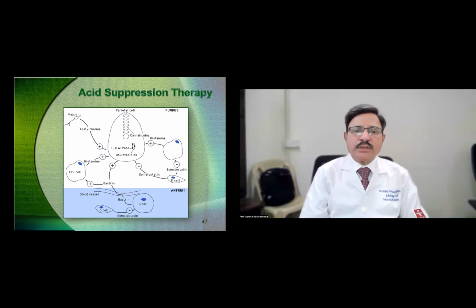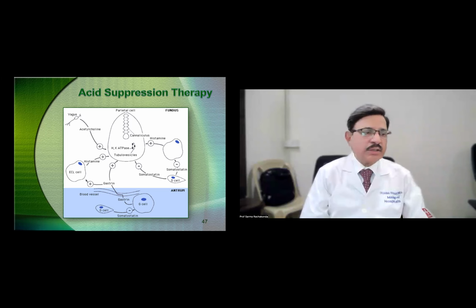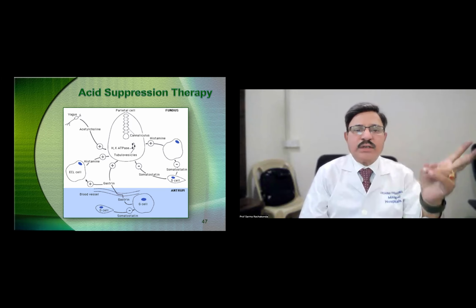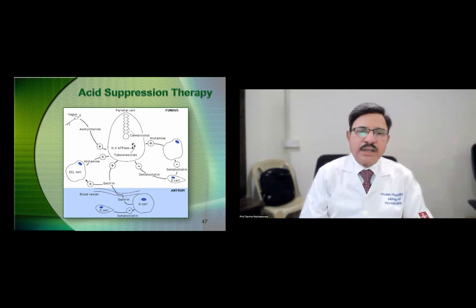There is another way that the acid is secreted. The stomach has the G cells. The G cells are the gastrin secreting cells. The gastrin secreting cells empty their gastrin into the blood vessel. Through the blood vessel, the gastrin reaches the stomach, and gastrin acts in two ways. One way is through the ECL cell, the other way is directly onto the parietal cell. Through the ECL cell, it stimulates histamine, and through histamine, the acid. Or gastrin directly has an effect on the parietal cell.